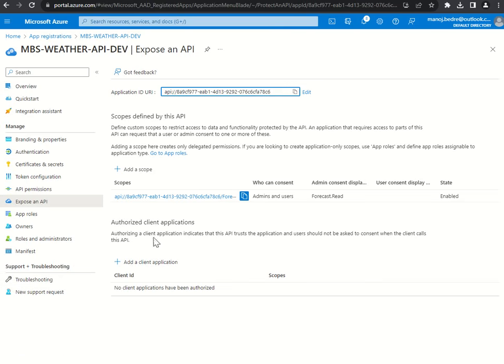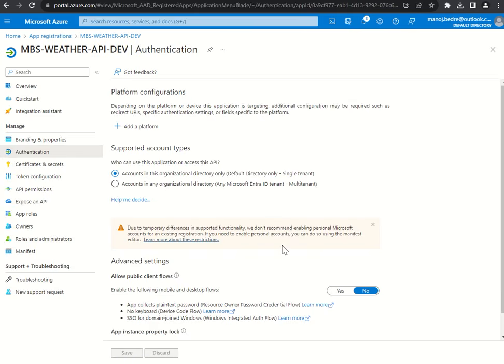Always remember, in order for client applications to consume your web API, there should be at least one scope specified. If you don't specify any scopes, they can't access it. In order to generate an access token, you must have at least one scope. So I generated an application ID URI, then I created a scope using the add scope button, which is in an enabled state. And post that, in order to access it from Postman, I did some configurations. The most important one being